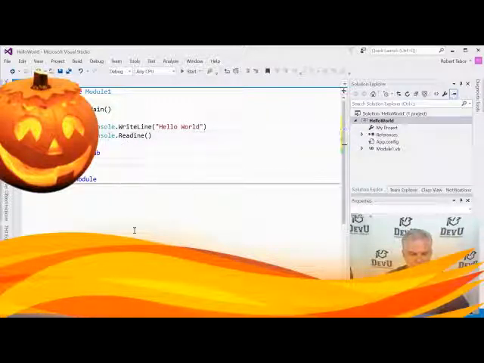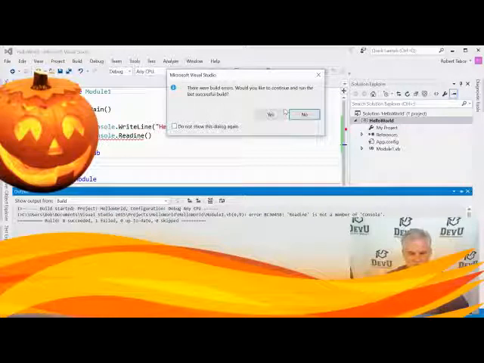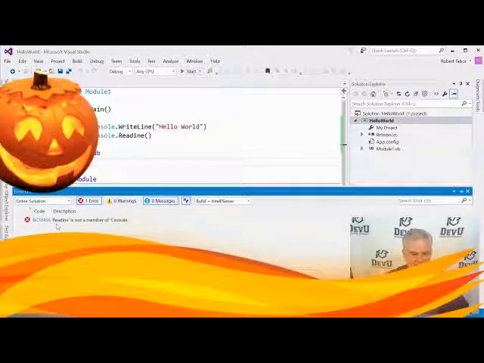All right, so maybe you had a different problem. Maybe you see an error that looks something like this, and you get a red line completely underneath it. You try to run the application, you get that same little "there were build errors" message in a message box. You click the no button, and you see something like readine. Notice there's no L in readline, is not a member of console. Now, admittedly, since we don't know Visual Basic very well at this point, the messages are not as helpful.